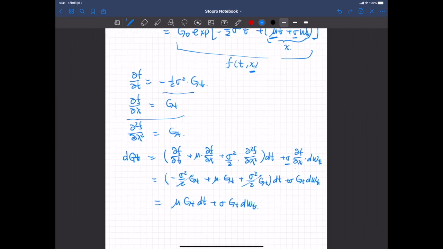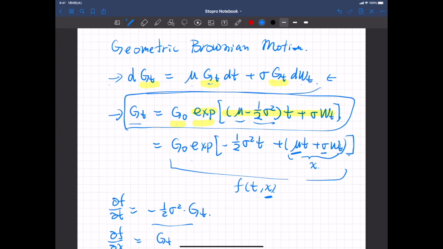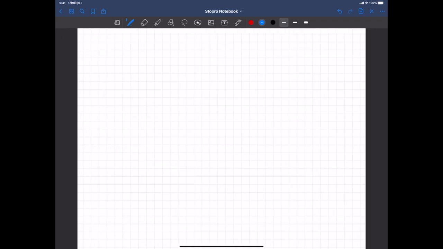So this function is indeed the solution of this stochastic differential equation. Next, let us try to understand the meanings of this stochastic differential equation for the geometric Brownian motion and its solution. Okay, first of all, if we divide both sides by gt, we have